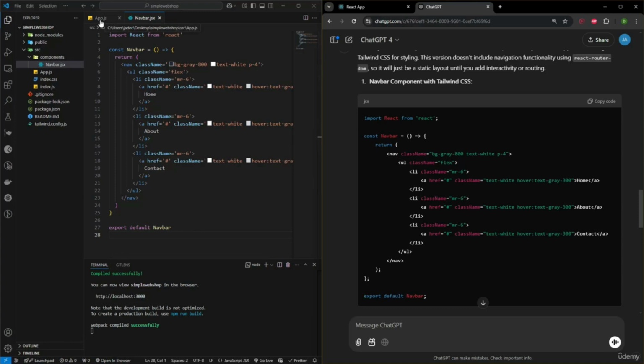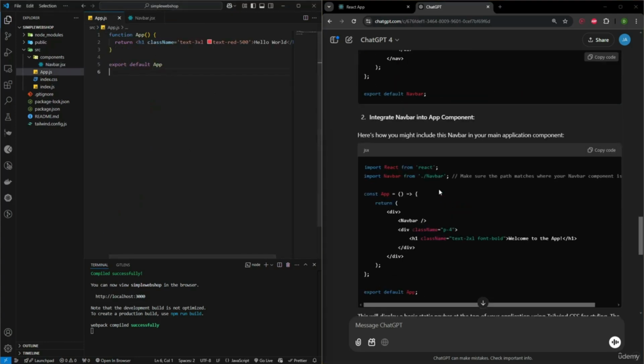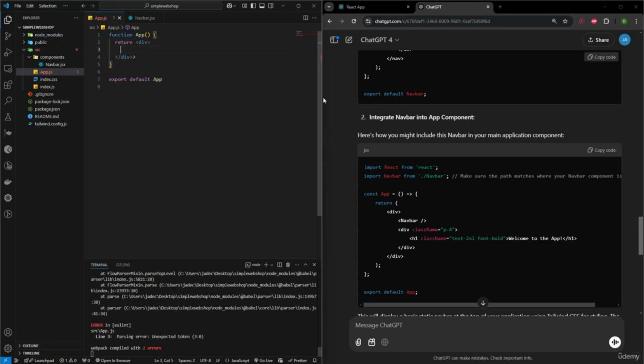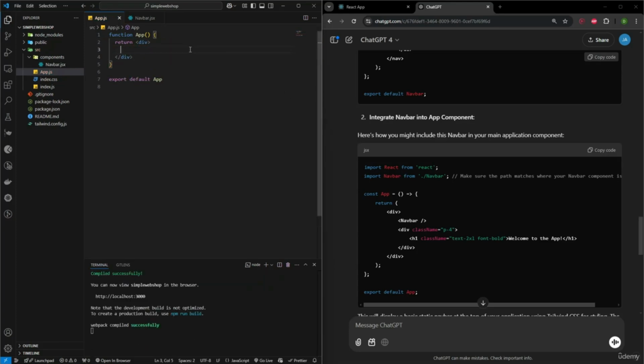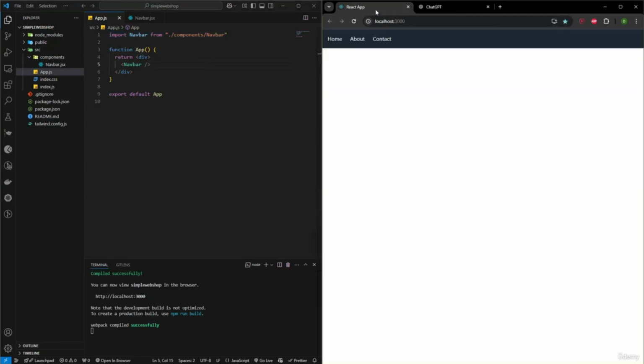Then we have to use this navbar. ChatGPT also tells us this. We will replace our h1 hello world with div. And inside this div, we will import our navbar. Here we have imported our navbar, and then when we look up our app, we can see we have a navbar here. And yeah, of course, when we click on about or contact or home, nothing happens